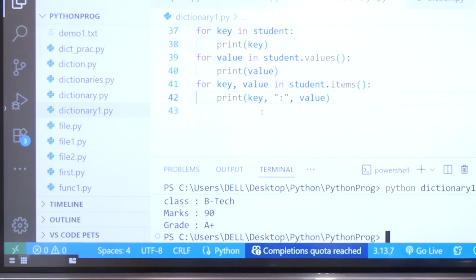So this is all about the dictionary. This is all about the practical examples of the dictionary. In the next lecture, we will explore more about the Python data types, that are lists, sets, and